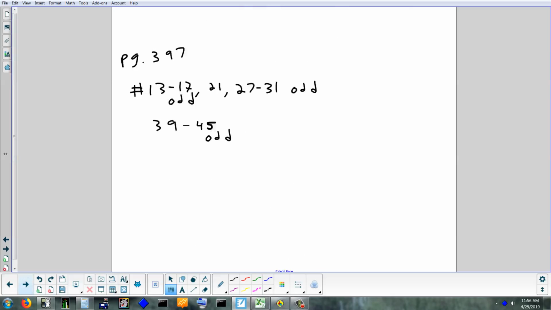Okay, so homework, again, in your packet. It's all odds. Okay, 13 to 17 odd, 21, 27 to 31 odd, and 39 to 45 odd. Yeah, I purposely left out certain problems because we didn't cover certain things. So if you ever review for the test and you just pick problems randomly to try, I would probably pick these. If you pick other ones, it might be something I didn't teach